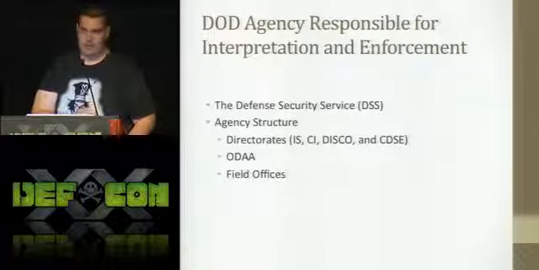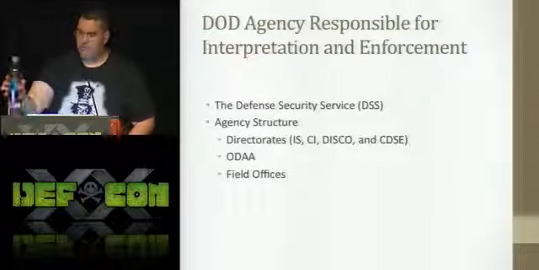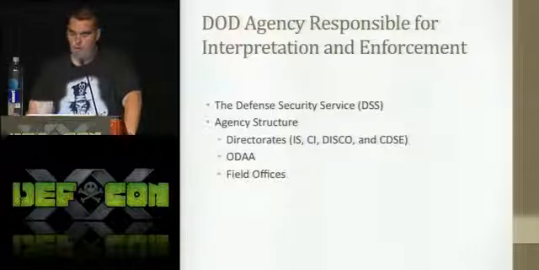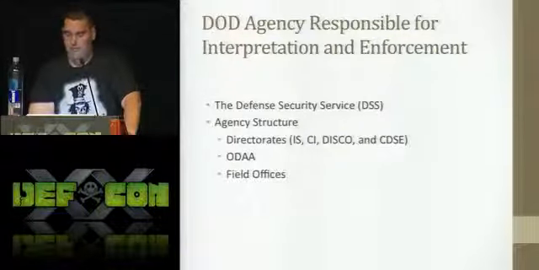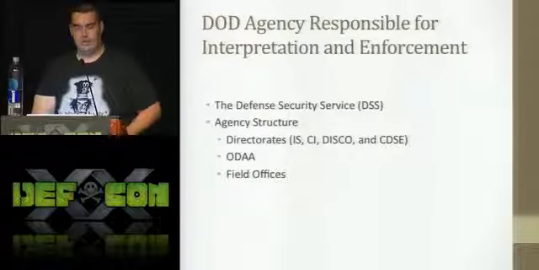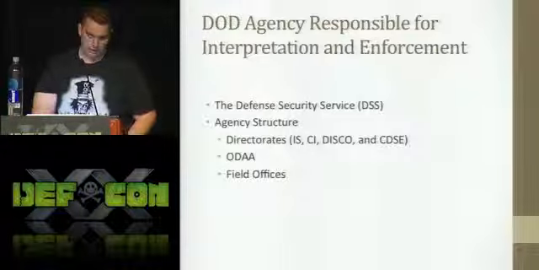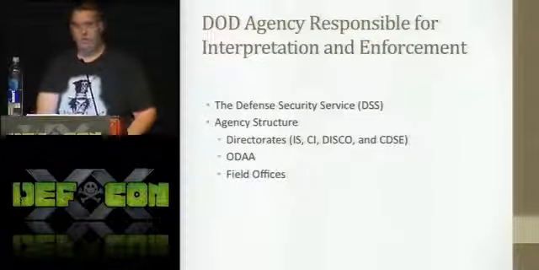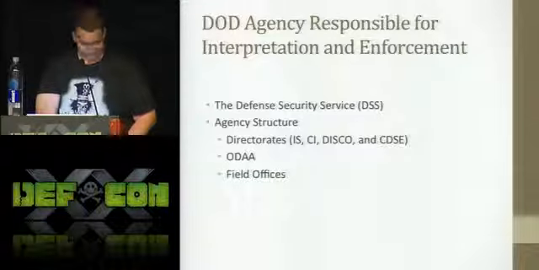CI is just how it sounds. They do counterintelligence. If a defense contractor gets hacked, or if there's a foreign agency that's trying to target that company, a counterintelligence group will go out there and interview them. I've got some slides at the end of the presentation that go over some of the information that has been aggregated from counterintelligence. And industrial security is the primary portion of the agency, and they're the ones that do the inspections of contractors.